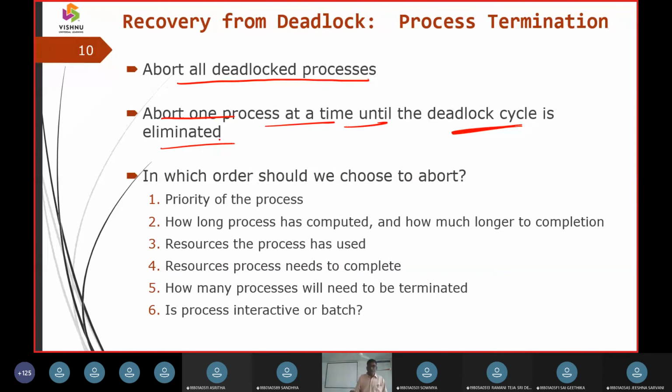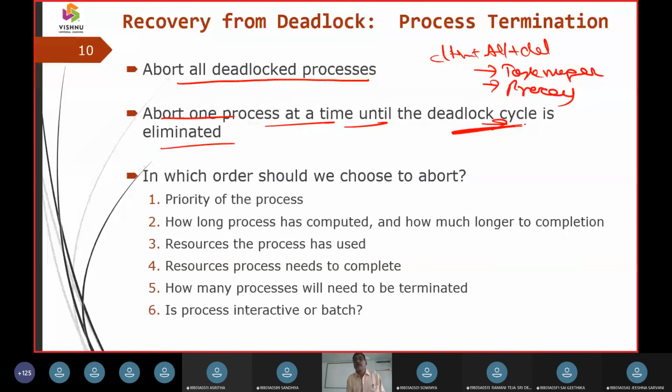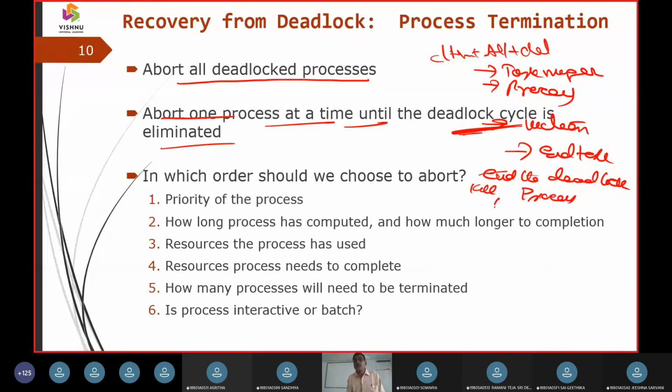So I just gave you an example, right? I hit Control plus Alt plus Del on my laptop. Then I selected the task manager. In that task manager, I selected the process and identified the victim. After identifying the victim, I made an end task. So obviously, that ends the deadlock chain. So kill the deadlock process to break the chain. That is the solution we are going to propose.